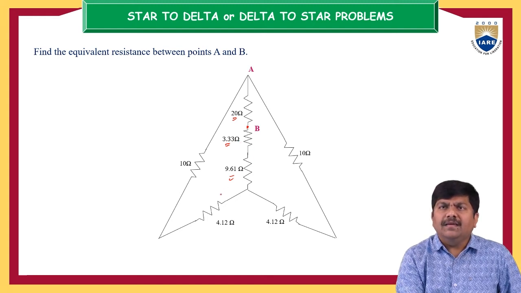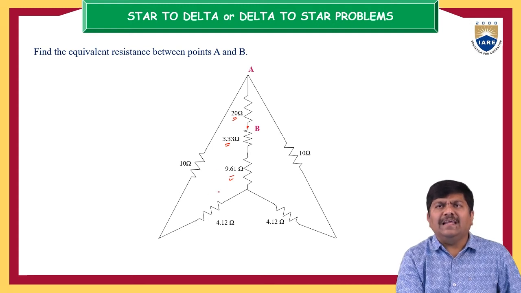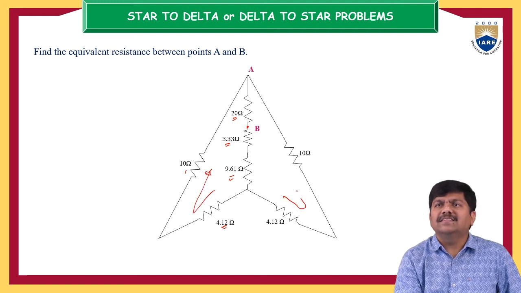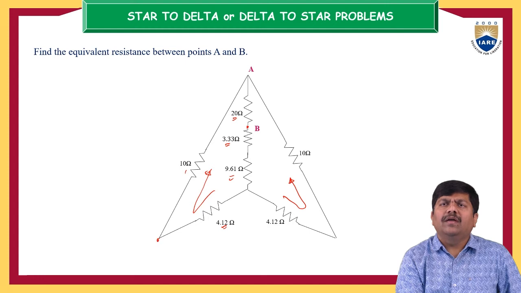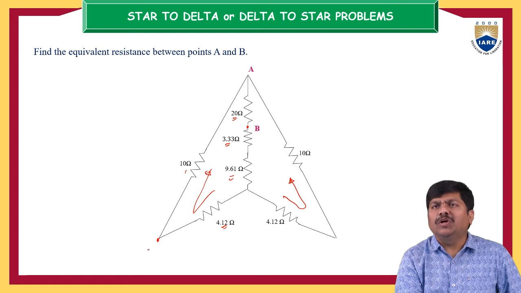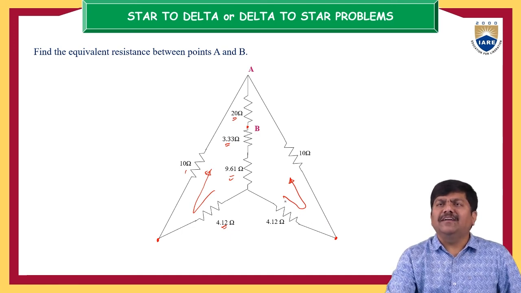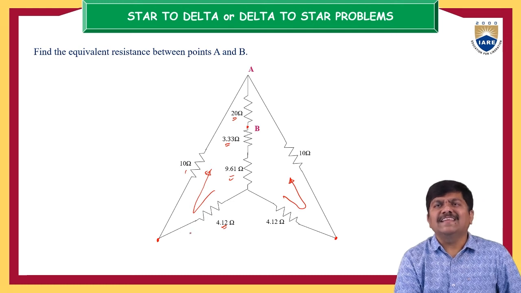Further, if you keenly observe, this 4.12 and 10 ohm are series connected. Going by the fundamentals of electrical circuits, is this node having any significance here? No information this node is carrying to us, so there is no distribution of current at this particular node. Similarly, it is happening here also. Geometrically this was shown in a tilted or triangular fashion, but this junction is not conveying any information to us.